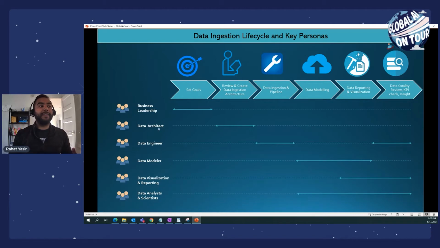And then your data architect is the one who is going to review and create the data ingestion architecture. Where are all the sources? How would you ingest the data? Where will you reside the data? What is the process? Are there any security issues or not? So it's the job of your data architect. Then your data engineer will work to build the data ingestion pipeline, to build that process, to bring the data